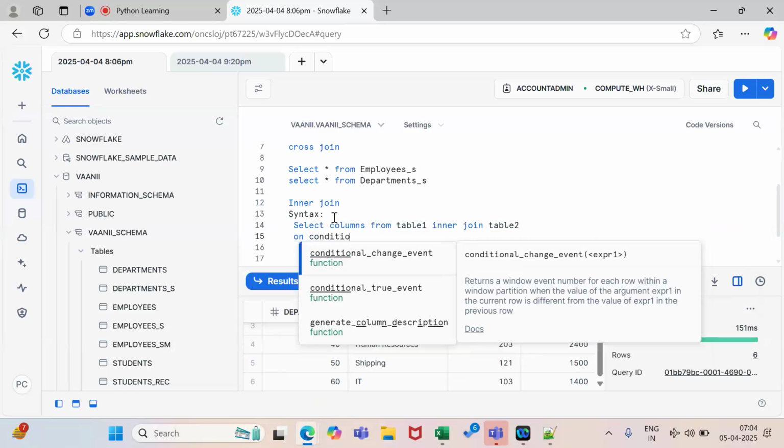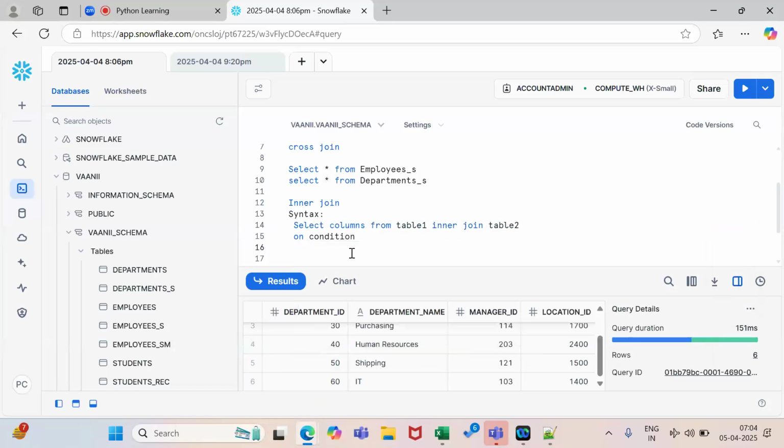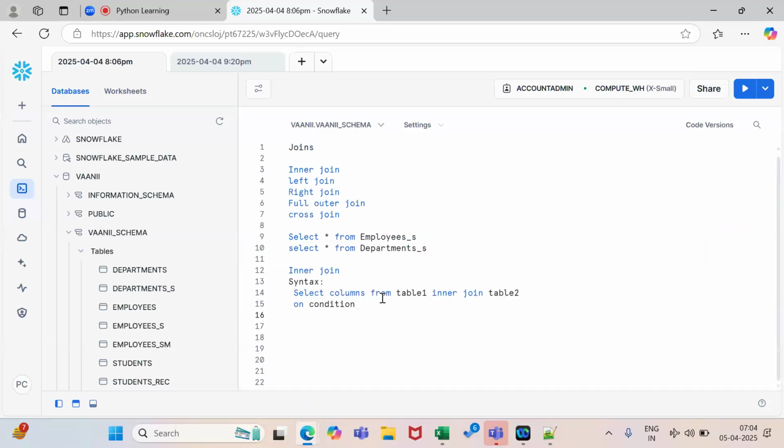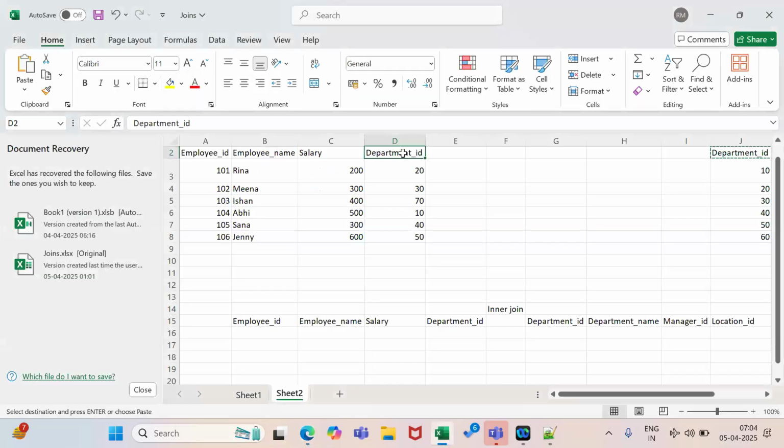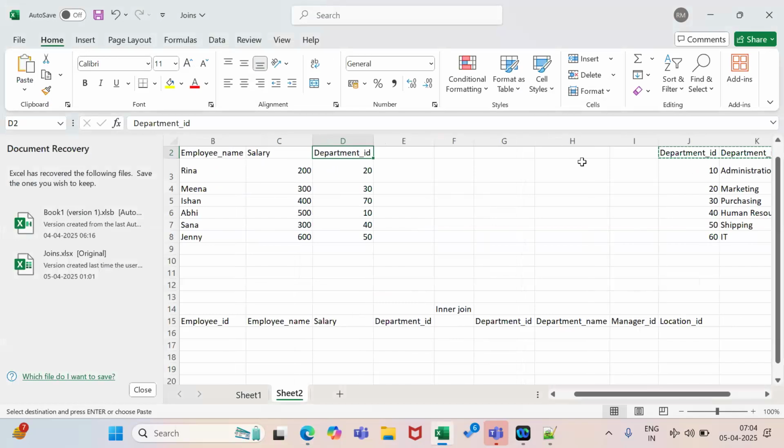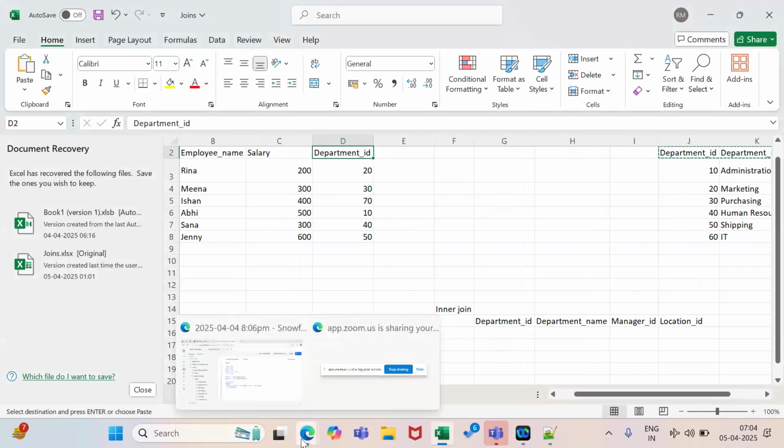This ON condition means one of your columns should be the same, matching. Like in this case, for employees and departments, the department ID column is the same in both the tables, so at least one should match for doing the join.